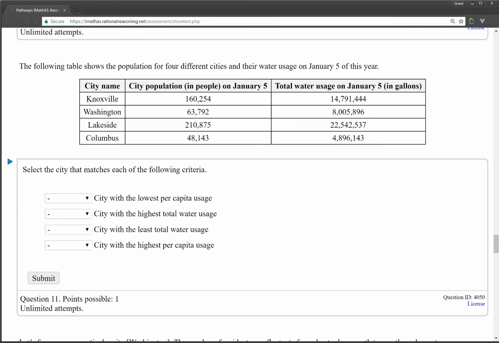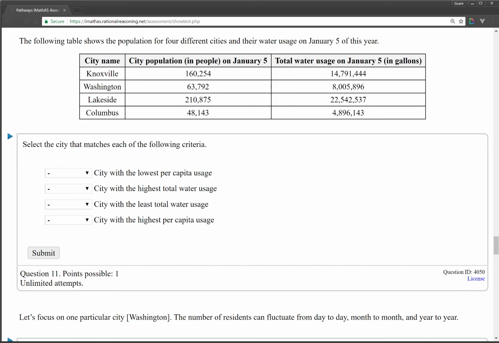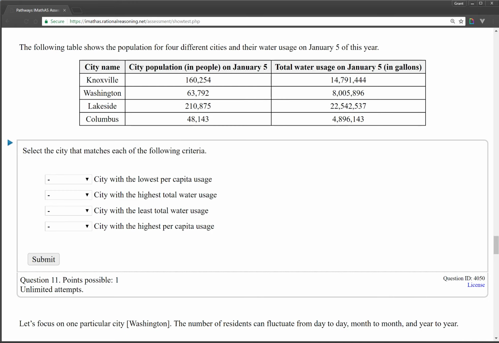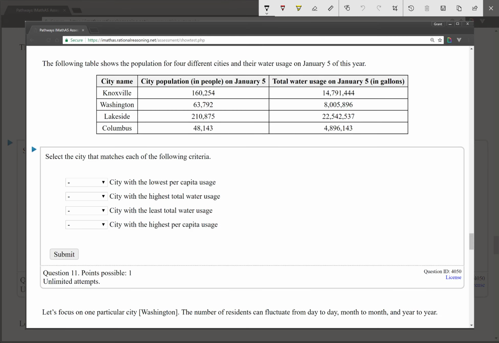So the following table shows the population for 4 different cities and their water usage on January 5th of this year. And the next question asks us to select a city that matches each of the following criteria. So we've got city with the lowest per capita usage, city with the highest total, city with the least total, and city with the highest per capita. So notice that the table